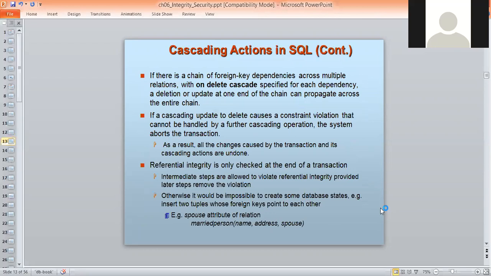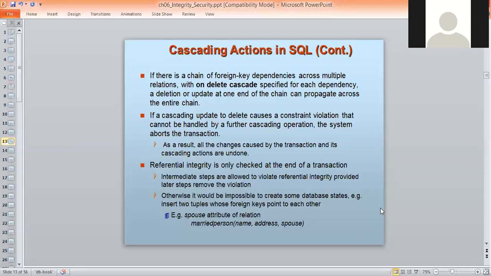Now, if there is a chain of foreign key dependencies across multiple relations with the on delete cascade clause specified for each dependency, a deletion or update at one end of the chain can propagate across the entire chain. If a cascading update or delete causes a constraint violation that cannot be handled by further cascading operations, the system aborts the transaction.